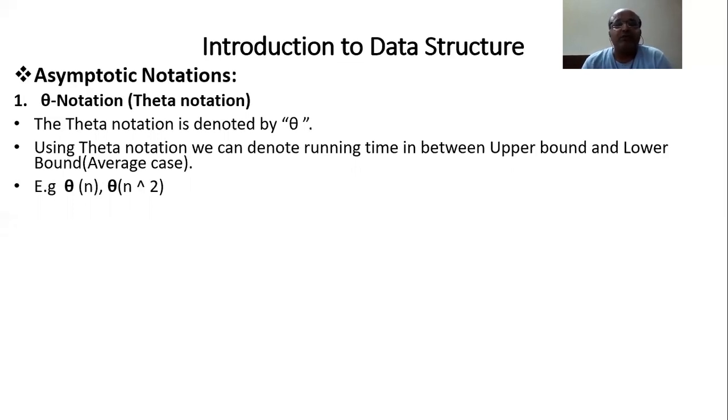So it might be possible you can have this kind of question in an exam: explain asymptotic notation. This is basic things about asymptotic notation. It is in too much detail, but in a data structure subject, there is no need to understand it in detail. But you should know what exactly it is. So this is nothing but a symbolic representation which we are using to represent what? Time complexity. Correct? So using these 3 notations, we can represent the time complexity.